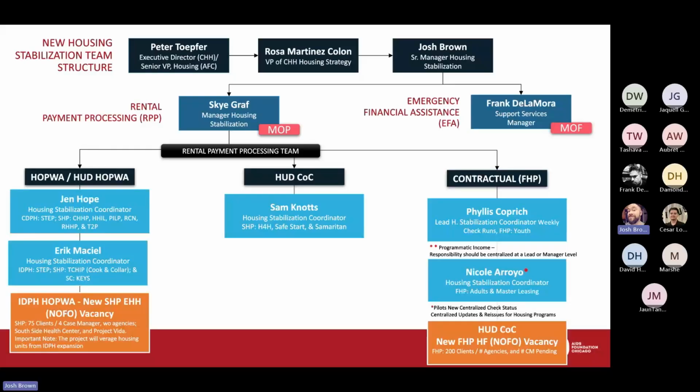We have a new manager of housing stabilization, Sky, who is over all of our housing coordinators. You may work with our HOPWA HUD COC coordinators, who are Jen Hope, Eric Maciel, and Sam Knotts. Or you may have worked with our flexible housing pool coordinators, who are Phyllis Koprick and Nicole Arroyo. So this is our whole team. We send out just over $2 million a month in subsidies and EFA payments for mortgages, utilities, rental, and eviction prevention. It's a small but super mighty team that works really closely with finance, data services, and our housing